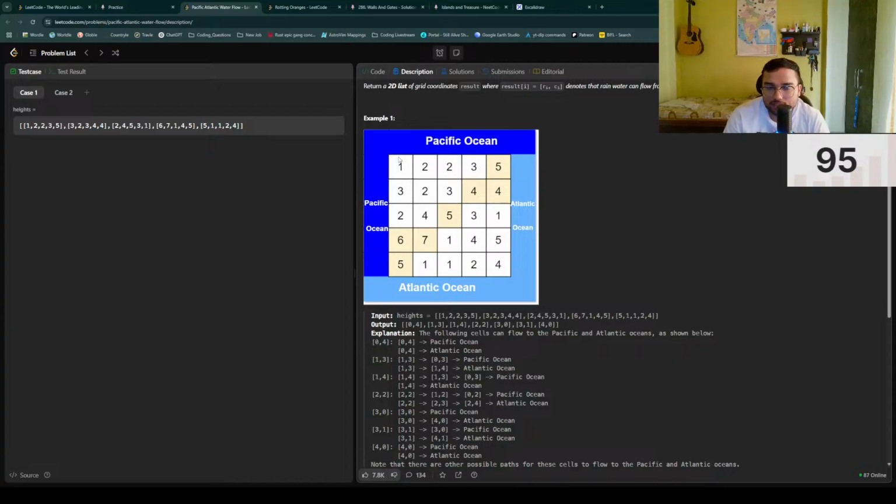So simply I will start from this column and this row and find out all of those cells which can be reached. So basically I am trying to simulate water going up instead of going down, because that's the same kind of thing. It's just in the opposite direction. So yep, we start with, let's say, these things. Then we go to